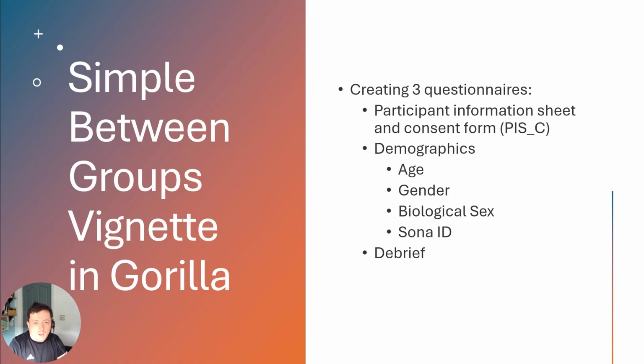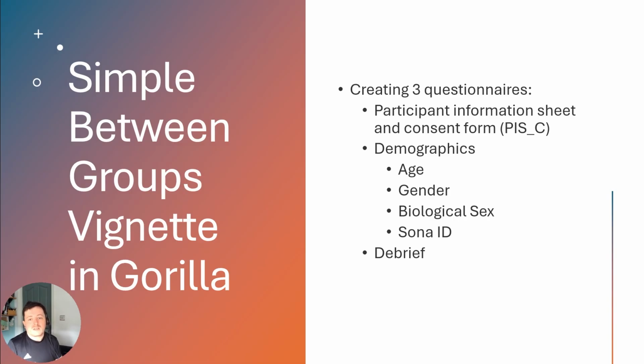So to create our between groups vignette study, we're going to make 3 questionnaires to start with. The first of which is going to be a participant information sheet and consent form. And for that, we are going to be using a template that you can find on my Moodle page if you're an LTU student. The second questionnaire is going to be made from scratch, and it's the demographics questionnaire where